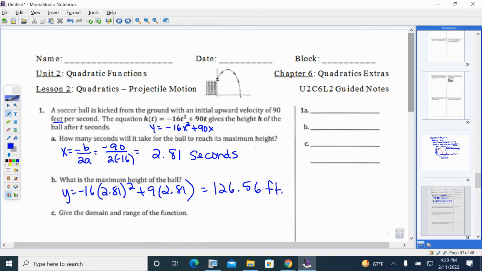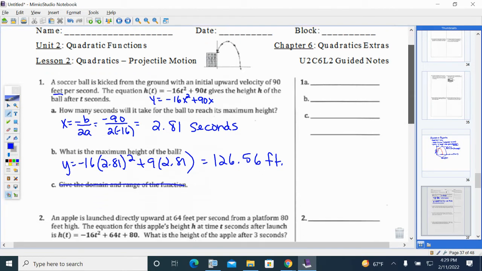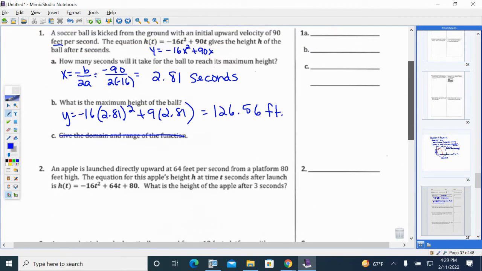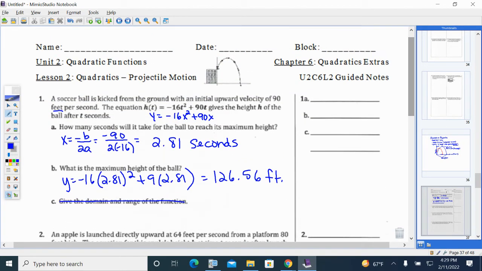And then it says give the domain. We're gonna skip that for right now. We'll talk about that in class. So those are the answers to question number 1. If I were going to do this in the calculator,